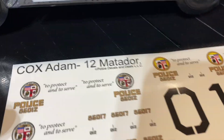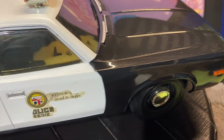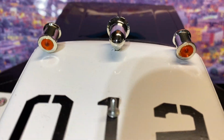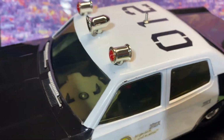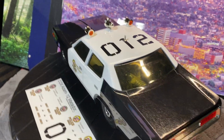And he even has an extra wrong set for the passenger door if you want to keep it looking as close to original as possible. Amber lights on the rear, reds on the front. Like I said, all original unrun vehicle. So we'll get to the deeper